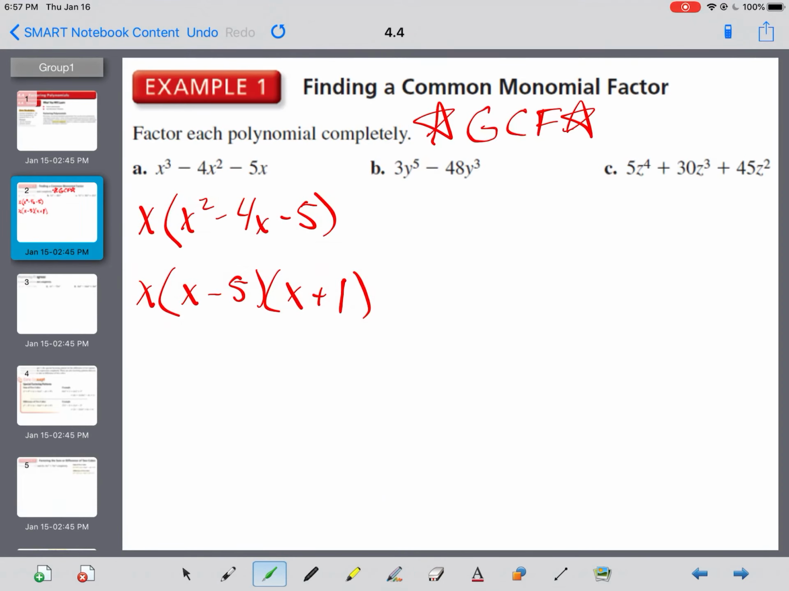3y to the fifth minus 48y to the third. Well, 3 goes into 3, 3 goes into 48, so I'm going to pull a 3 out of there. And y goes into both of them. One of them has 5 y's, the other one has 3 y's. So I'm going to pull out at least 3 y's. That leaves me with y squared minus, and then all the y's are gone, but 48 divided by 3,